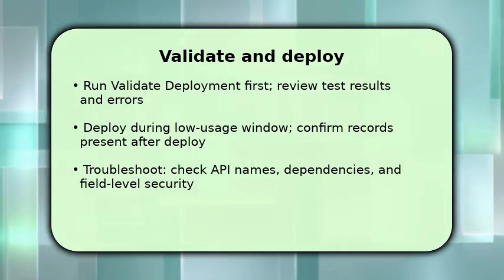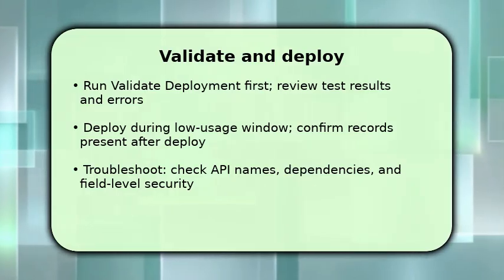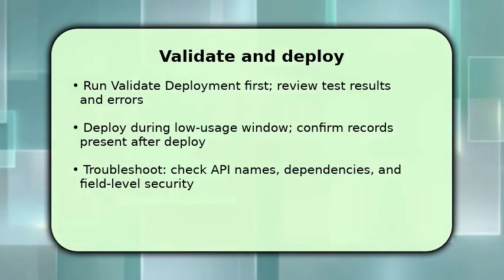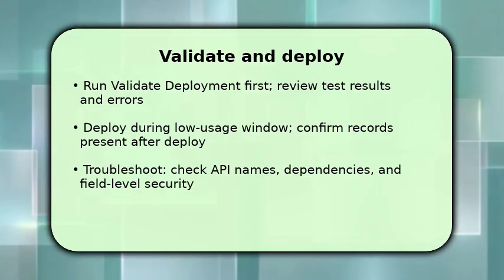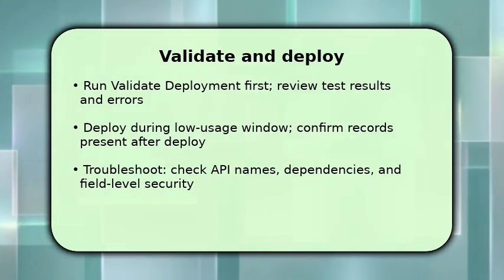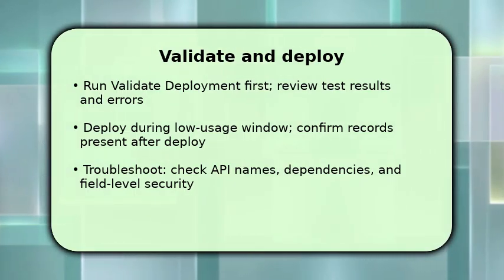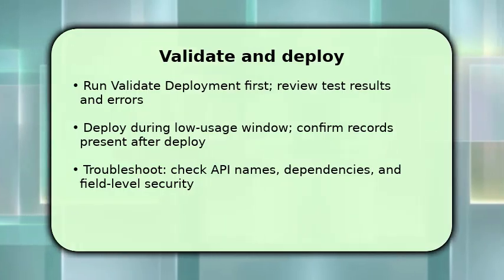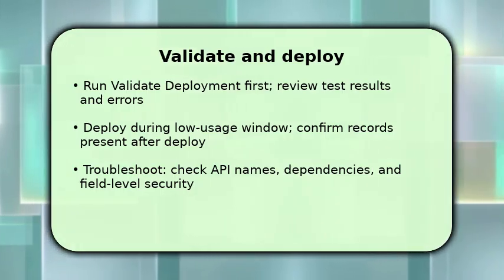After deployment, verify custom metadata records exist and reflect expected values. If something goes wrong, check API names, confirm related metadata was included, and verify field-level security and activation status. Fixing those usually